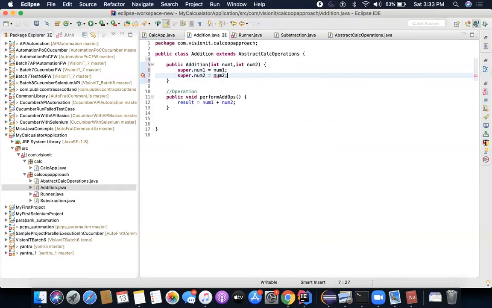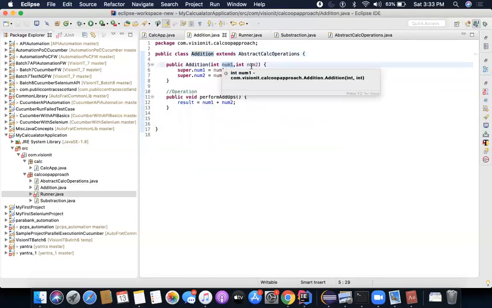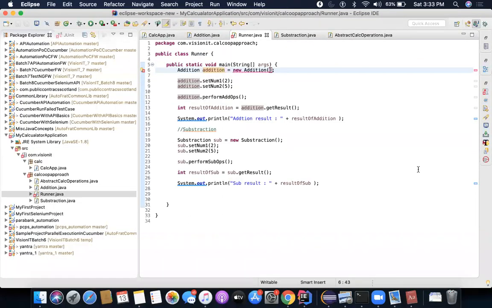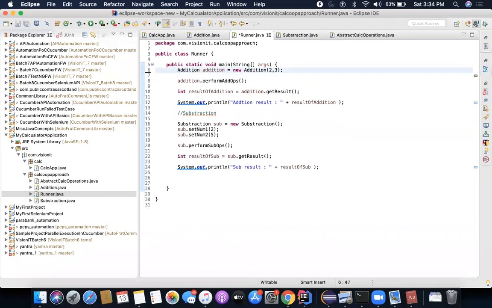I'll explain what this is. So I am trying to call a constructor, and this constructor will be automatically called as soon as you write this. When you write this, it will be automatically called, and that's why it's giving an error. It's saying I have a constructor, and my constructor needs two values. Why are you not passing the values, right? So I need to pass the values. I'll say 2 comma 3, right? As soon as I do this, I have no need to write these two statements. So I have now reduced my code to a single line, and a single line is doing everything, right?